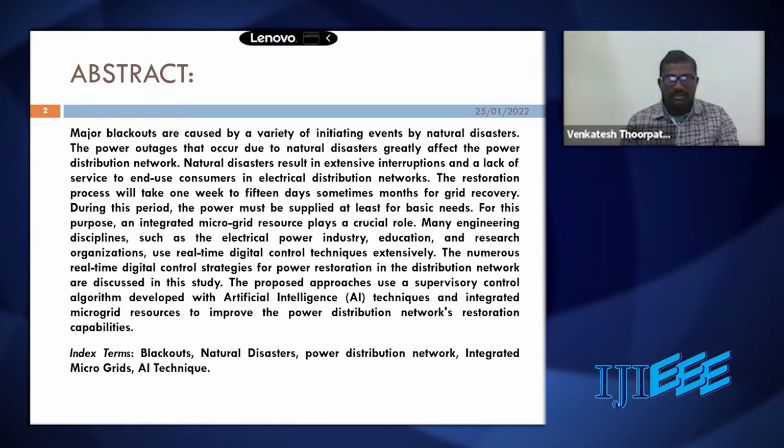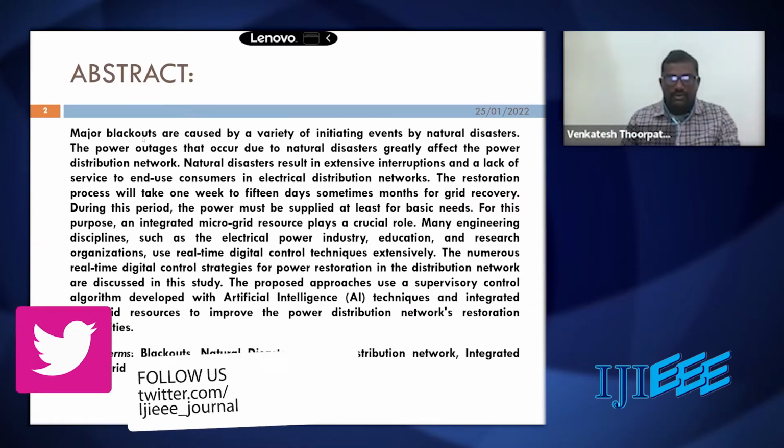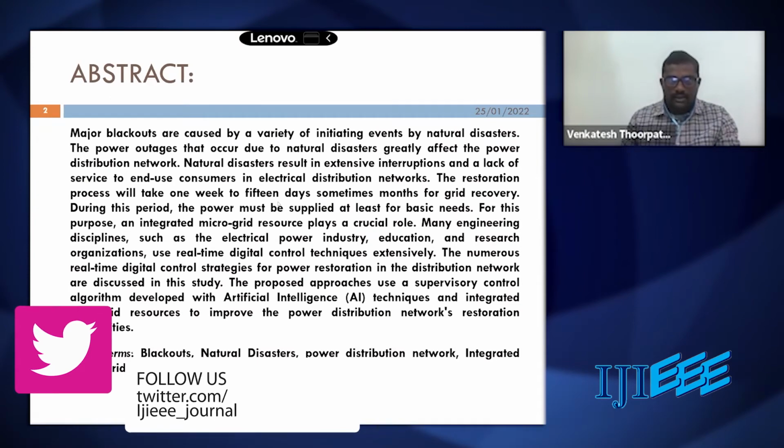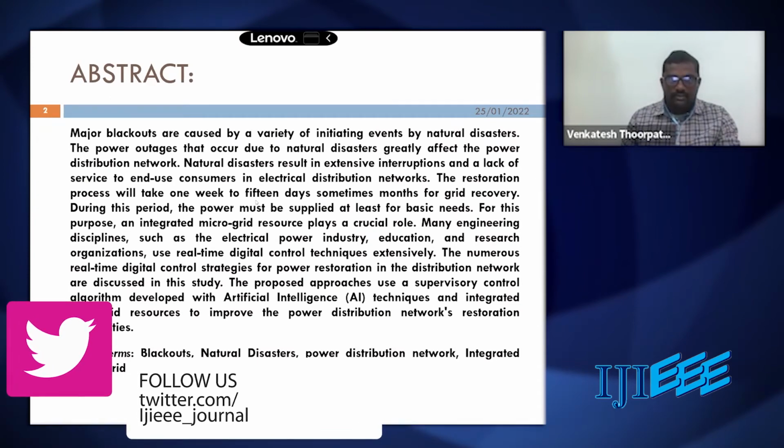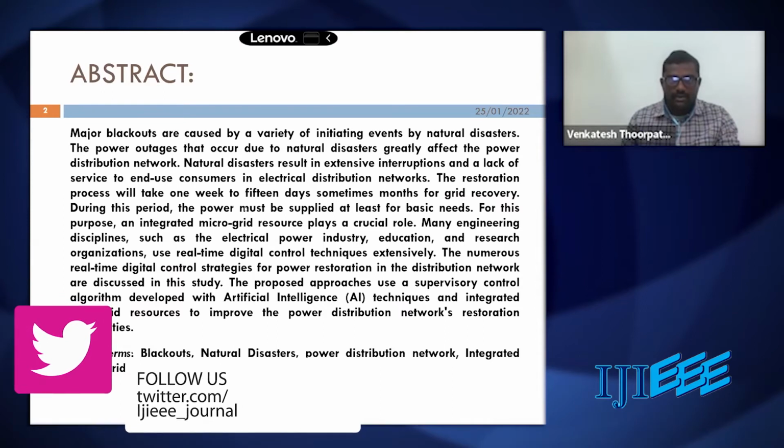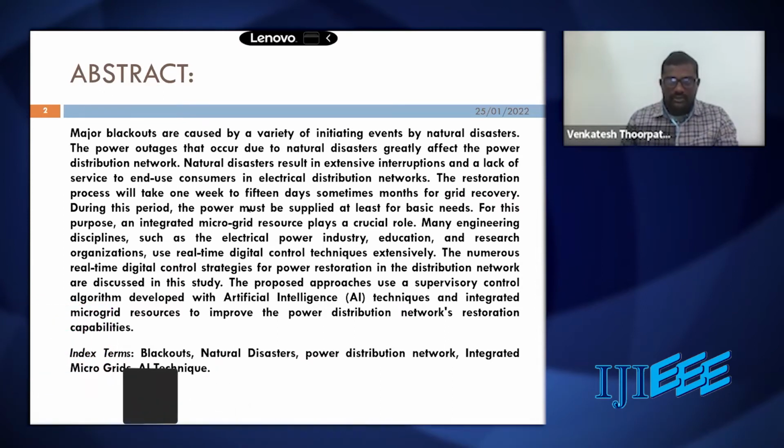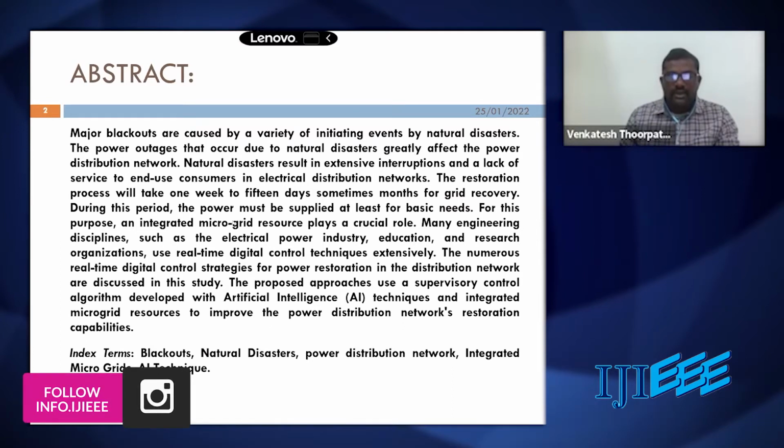Major blackouts come into the picture due to natural disasters. Whenever natural disasters occur, our electricity is totally lost, so blackouts occur. Then we cannot supply power to the minimum loads like hospitals or other important loads. So for that purpose, my research is focused on this: whenever we lose the power, at least we have